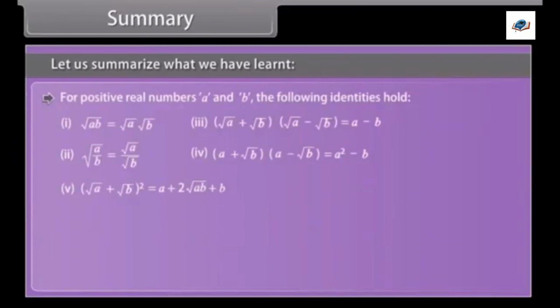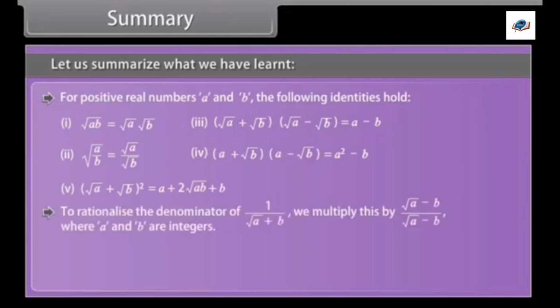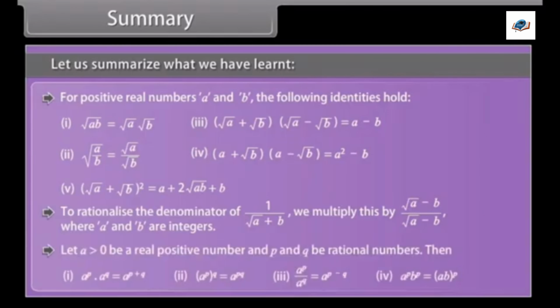For positive real numbers a and b, the following identities hold. To rationalize a denominator of 1 upon root a plus b, we multiply this by root a minus b whole upon root a minus b, where a and b are integers. Let a be greater than 0, a real positive number, and p and q be rational numbers, then